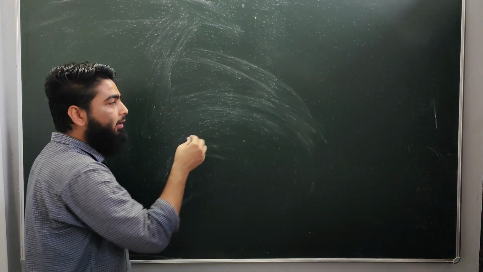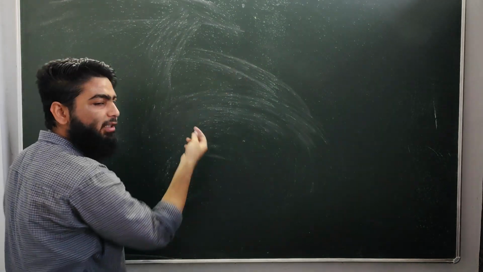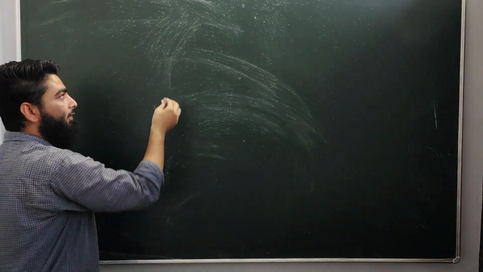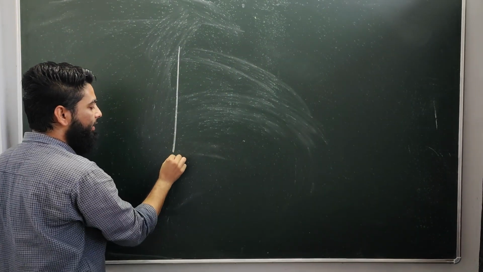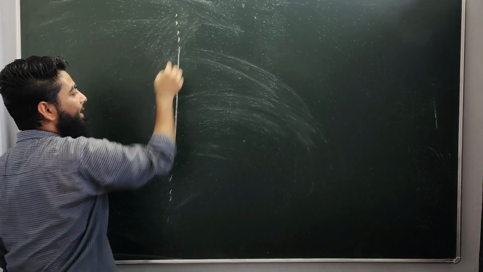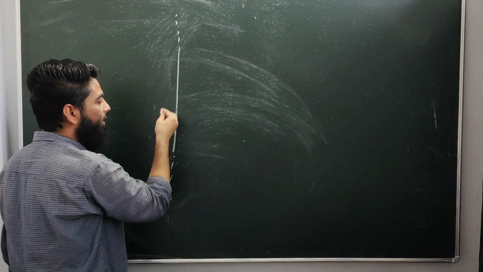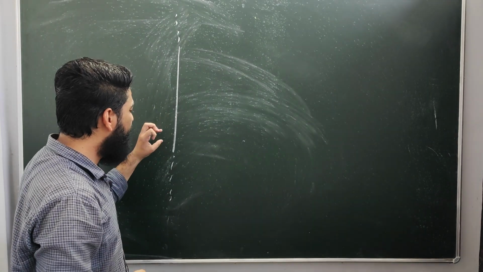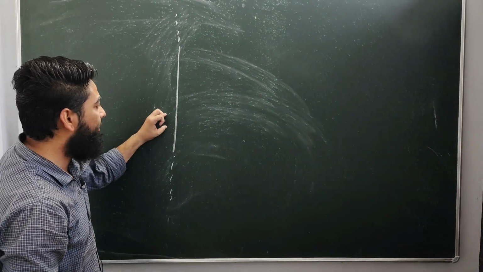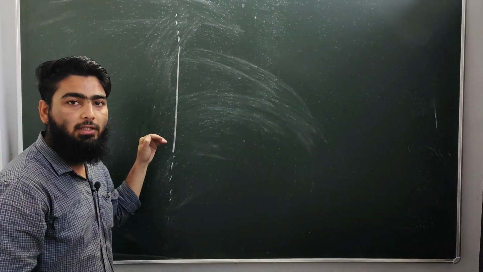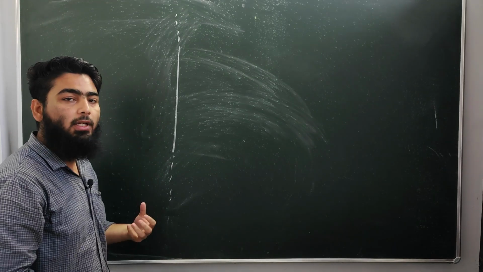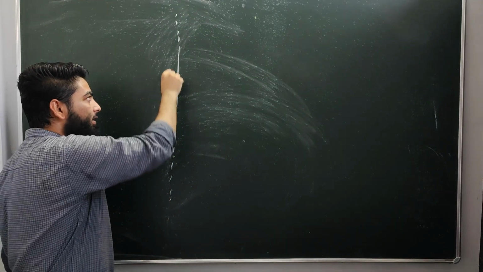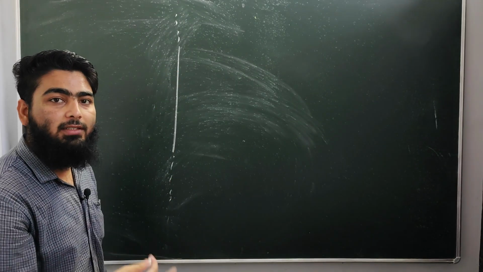So let's draw the rod. This is the application of the Gauss law. You are finding the electric field at a point which is at a distance r from an infinitely long charged rod. The rod is obviously uniform. The charge in this part of the rod is equal to the charge in this part of the rod. That is, it is uniformly charged. The charge is not non-uniform. Charge is equal in this part, in this part, in this part. So it has a charge density lambda.